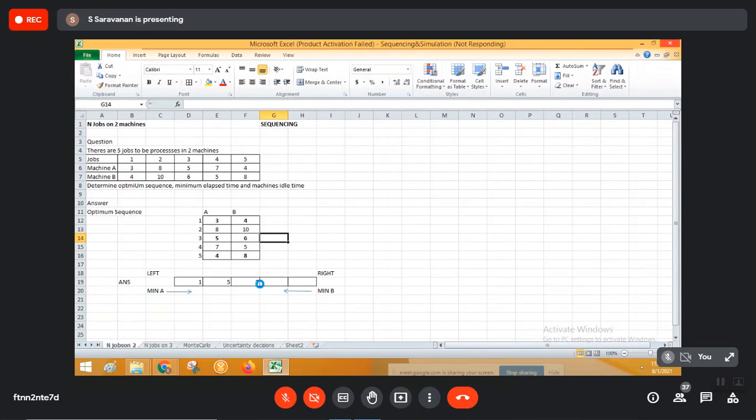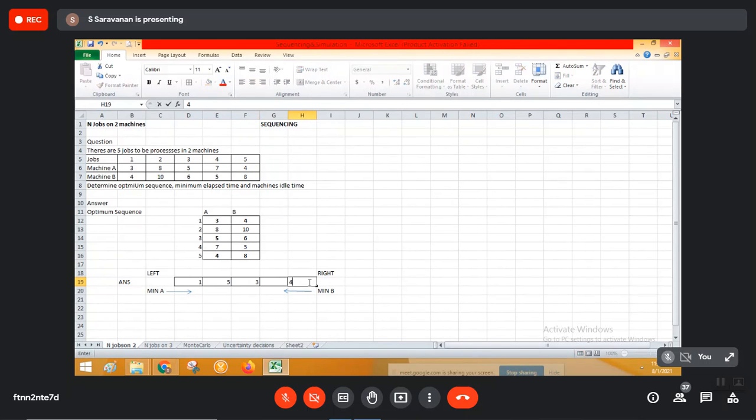Yeah, right. Okay, so 153. So that's how it is being chosen. There are two numbers, 5 and 5. There is a tie, but this 5 is corresponding to machine A. So it should start from that left position. So we have taken 3 here. And this specific job is related to 5, so it should start from the right position. So 5 is now corresponding to the fourth machine.